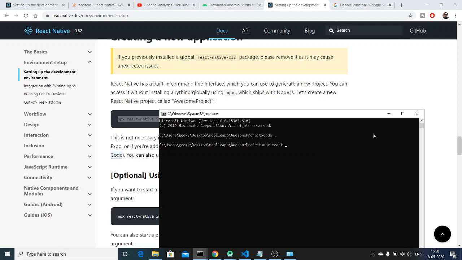This takes some time, about 30 to 45 minutes. My internet speed is good, still it takes 45 minutes. So it totally depends upon the speed of your computer. Give 30 to 45 minutes, it will install all the dependencies, all the packages that it needs. React Native builds for both iOS and Android platforms, so it takes some time to install it. Give 30 to 45 minutes, don't panic.